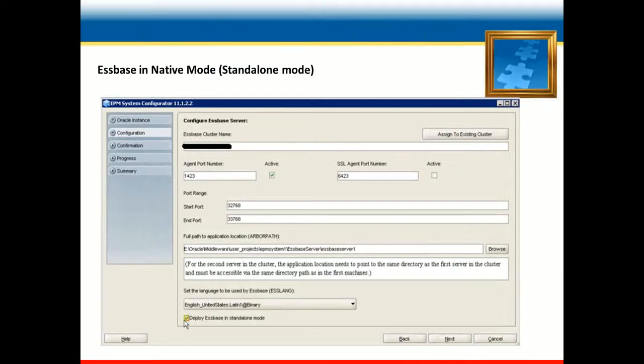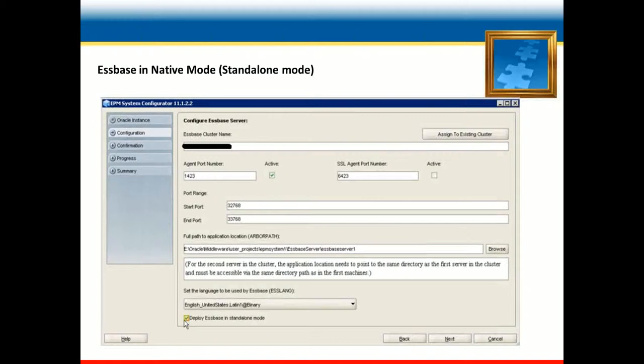So how can we configure SBase in native mode? This is a screenshot from EPM System Configurator 11.1.2 version. What you can see are the default values provided from the configurator to configure SBase on a particular machine. So 1423 is the agent port that SBase runs on by default.